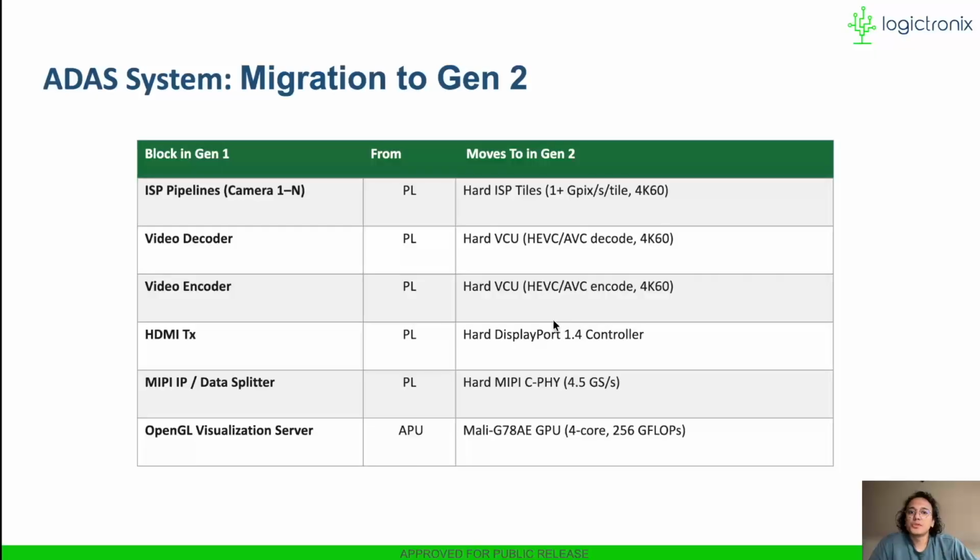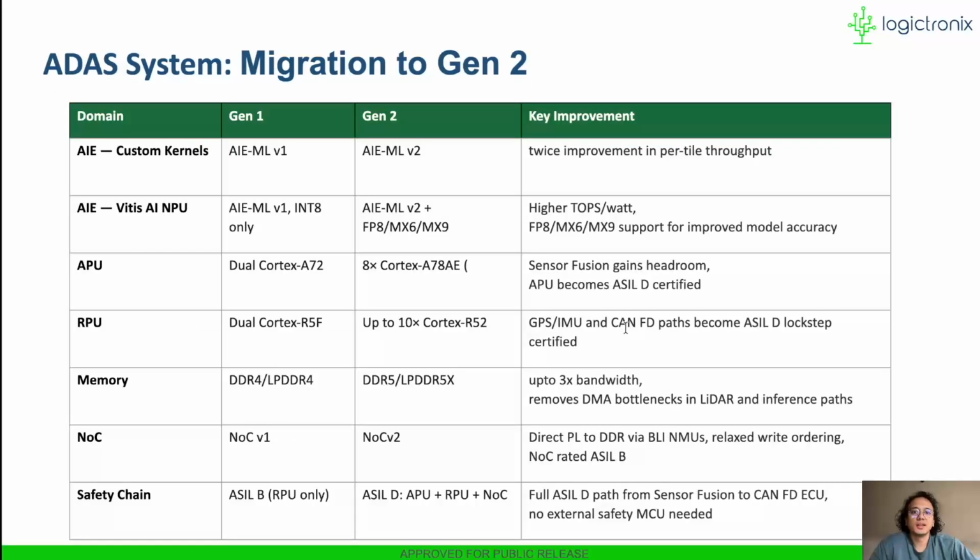The MIPI IP moves to the hard MIPI C5, and the OpenGL visualization server that was running on the APU will be moved to the graphics processor. So all of these shifts to the hard blocks will save a lot of PL resources, which can help us add some more sensors into the system. Next, the AI engine custom kernels will be implemented for the newer AI ML V2 architecture,